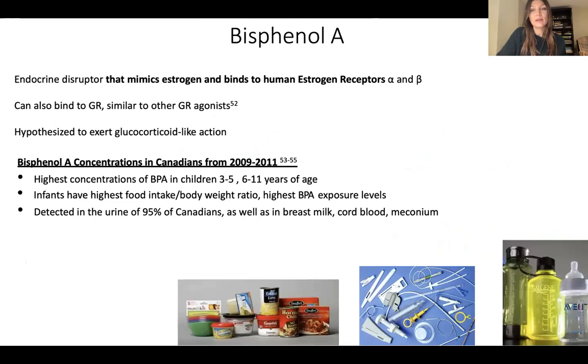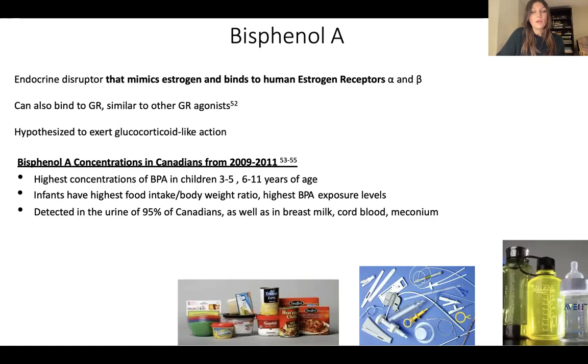So it can bind to estrogen receptor alpha and beta. It can also bind to the glucocorticoid receptor, and it's hypothesized to exert glucocorticoid-like action. And in Canada, it was found that the highest concentrations were in children between the ages of 3 to 5 and 6 to 11. And infants had the highest food intake and body weight ratio and the highest BPA exposure